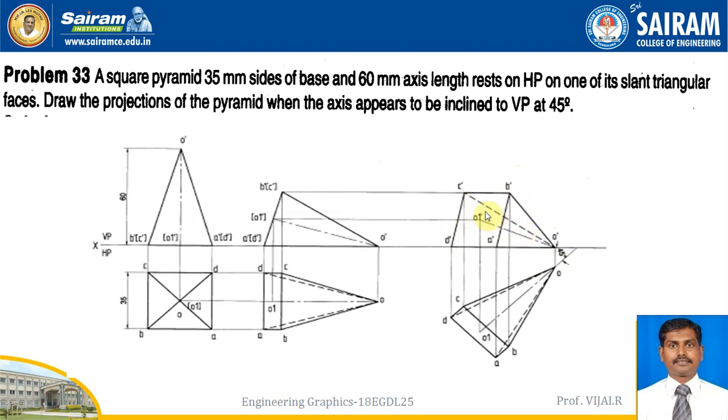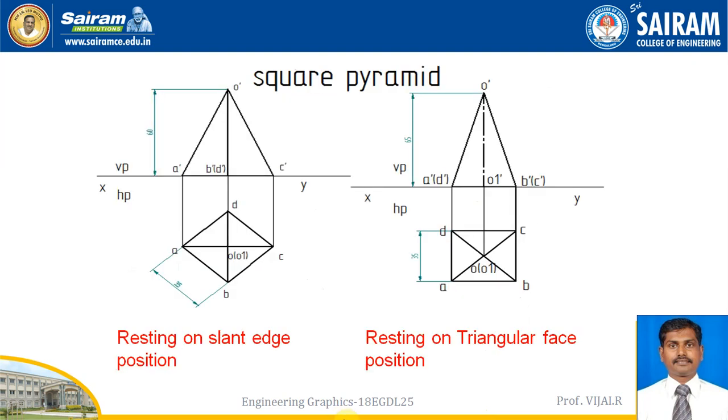The other lines, which are all joining C to O and so on, are hidden, since they cross through the visible base and the visible triangular face. Then the axis is also there, project this and finish it off. This is the second, different problem, where there is a slant triangular face. And the third one is,